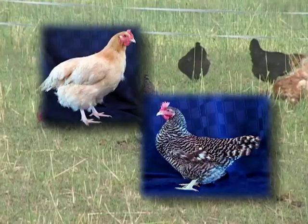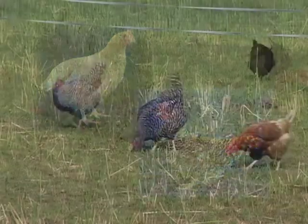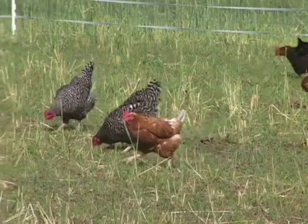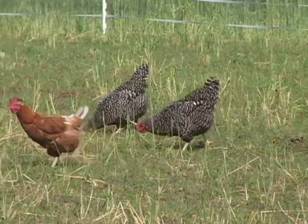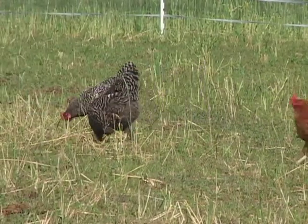Another option are heritage breeds like Buff Orpingtons and Barred Plymouth Rocks. These birds are natural foragers. However, it may take an additional 4 weeks to get them to slaughter and an associated higher feed cost due